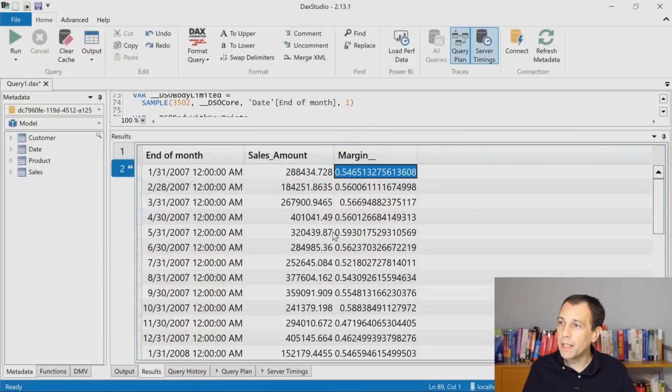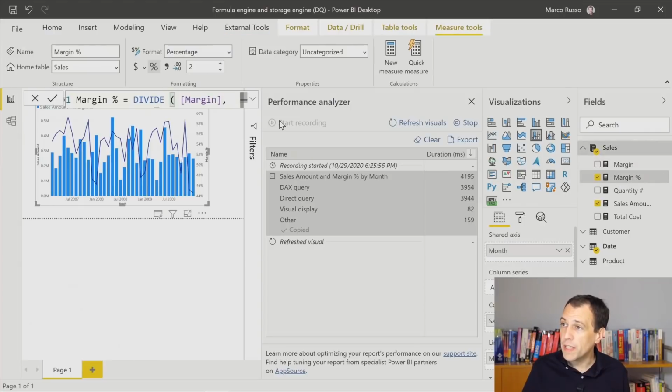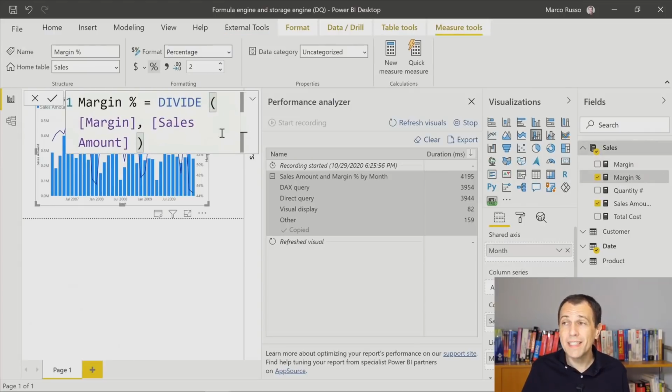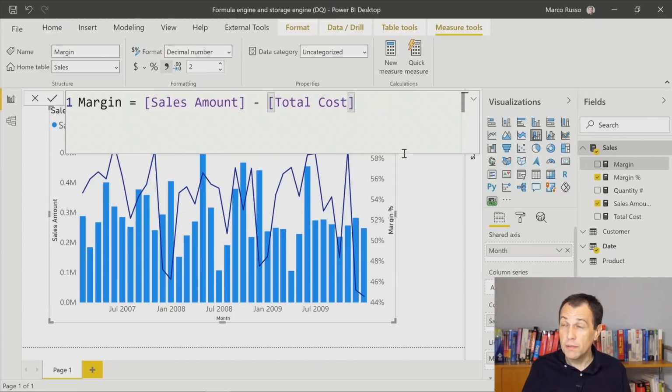So if I go back here to Power BI and I click on margin percentage, which is the measure that I didn't see in the result, you see here the margin percentage is the division between two other measures, margin and sales amount. And what is margin? The difference between sales amount and total cost.